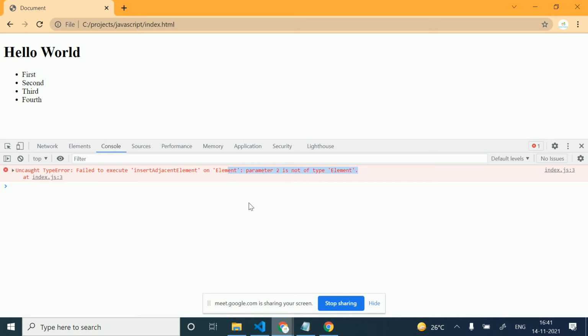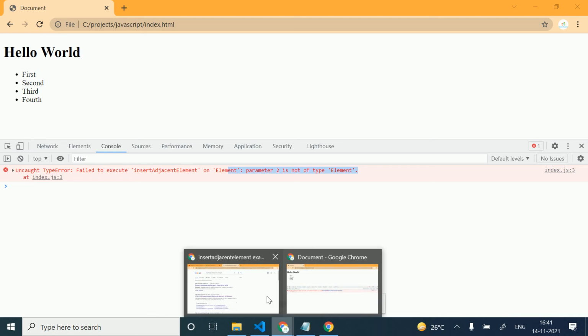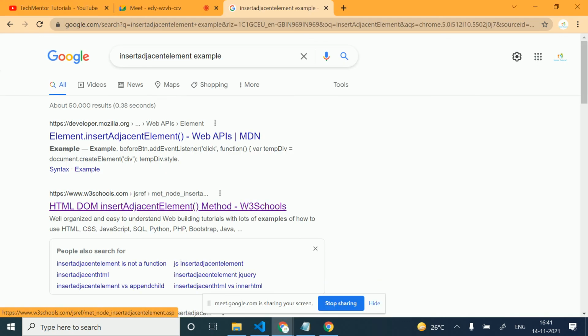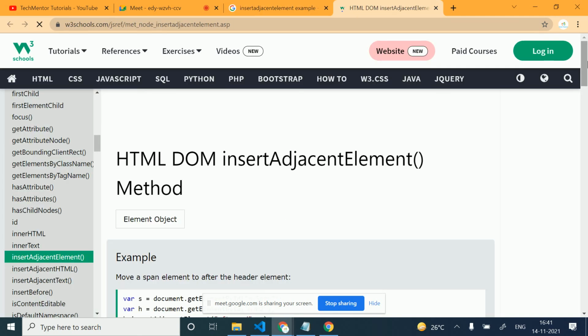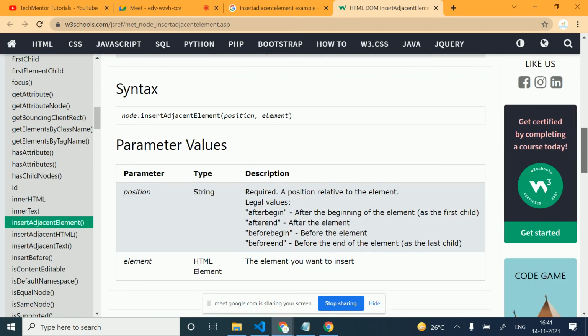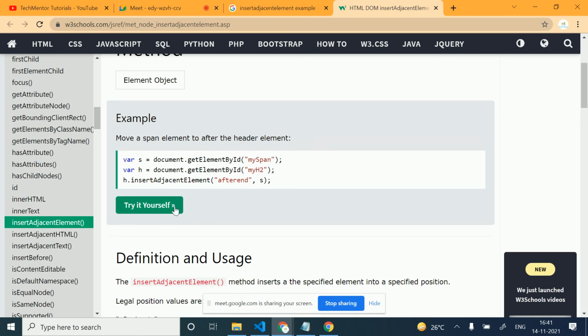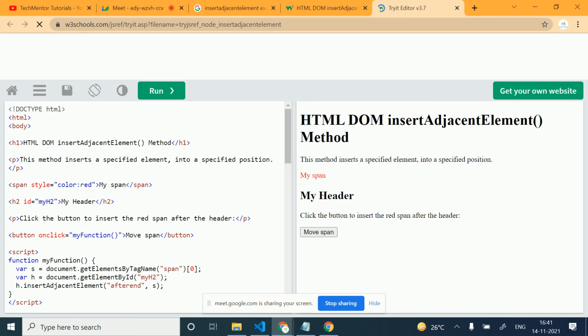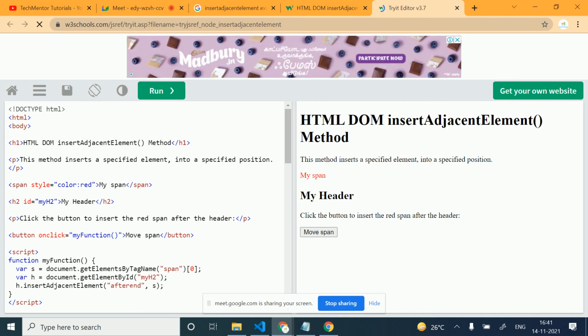Okay, but in the W3 you can see, as I was showing here in the W3, they are inserting the span.